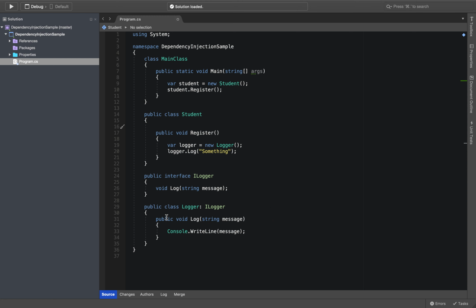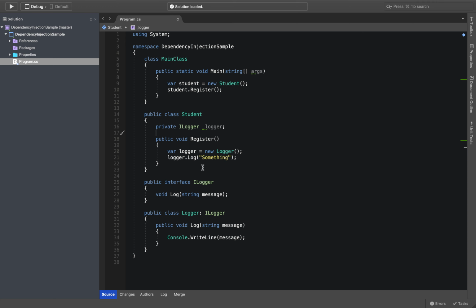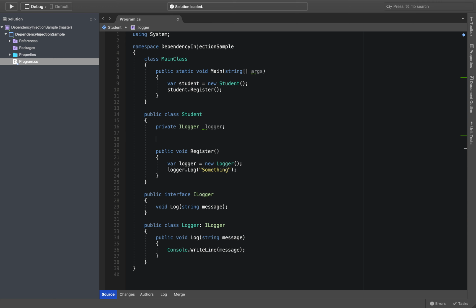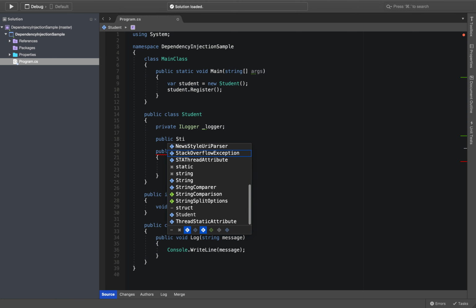Okay, so here I have to say private. I use private because this is a field for the student class and I just want to use it in the student class's scope. Private ILogger underscore logger, and then I have to initialize this field inside the constructor of the student class. So let me write the constructor for the student class, public student,